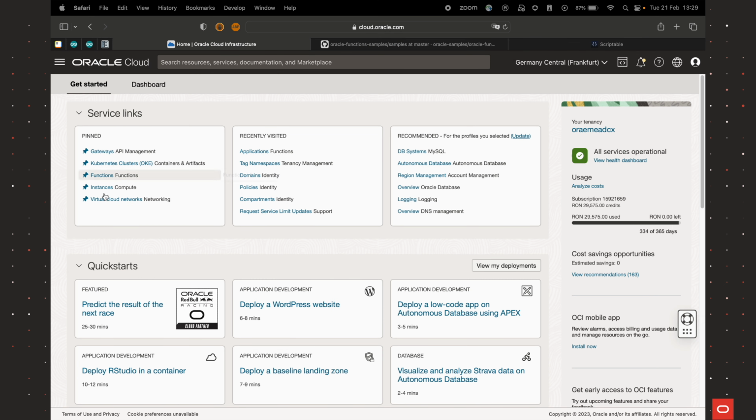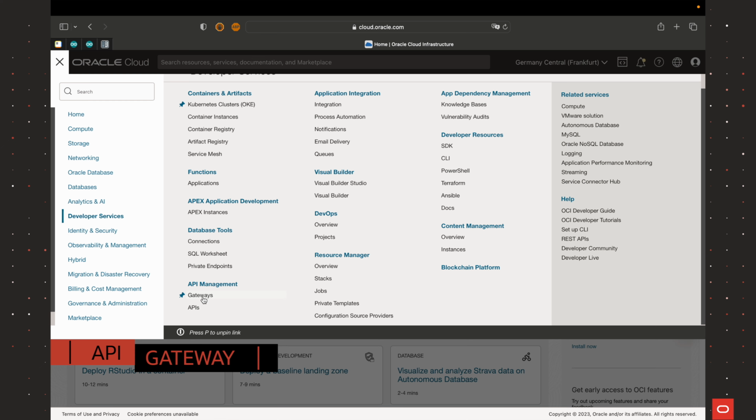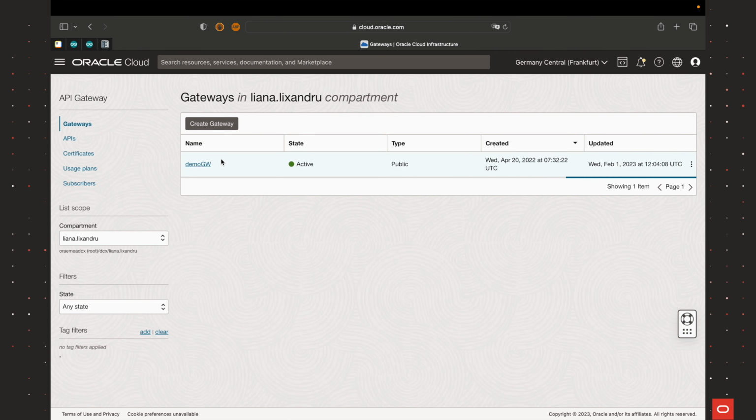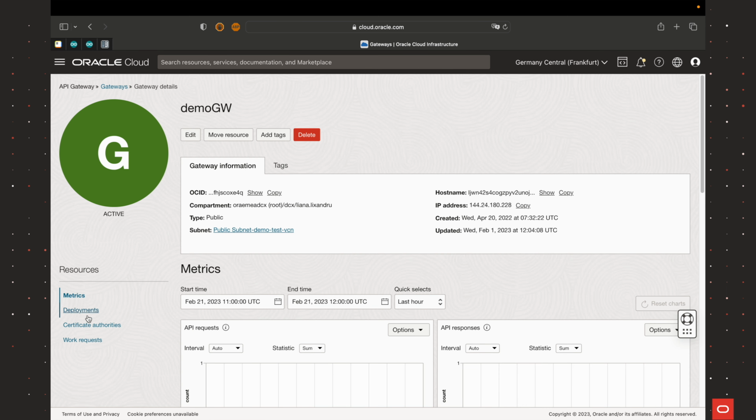Next, let's take a look at API Gateway and how we can expose the Oracle functions that we have just created as REST APIs so our widget created in Scriptable can access them. In the case of API Gateway, we need to check in Developer Services, API Management, Gateways, first of all, of course, the fact that we have a gateway created. If you don't already have one, like I do here, a demo gateway, you would need to create a new one for yourself here. And then once inside, we can check out the deployments.